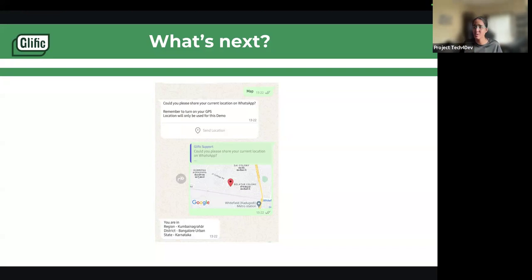Once you start using it and tell us what levels of information you want, for example a gram panchayat, a block or a village, there can be different minute details we can capture. If we see more organizations have that requirement, we'll take that in phase 2. But in phase 1, you can expect this. Even now you'll be able to do it. We'll be sending you a demo flow which you can import and try in your flows.